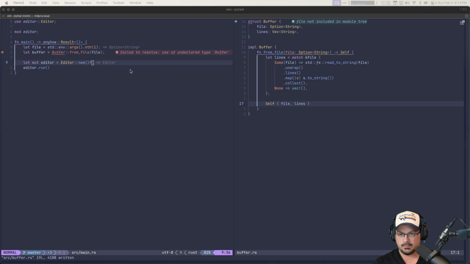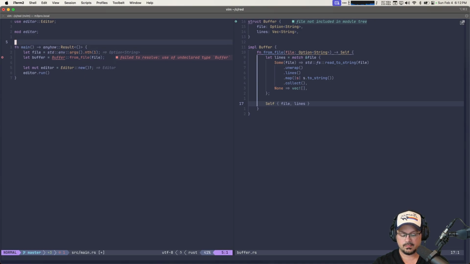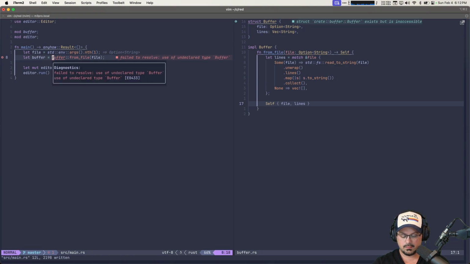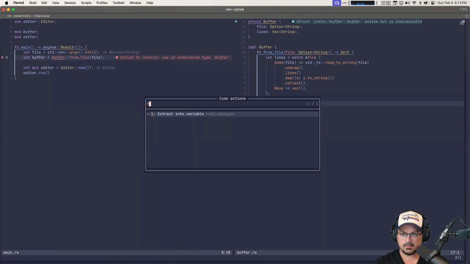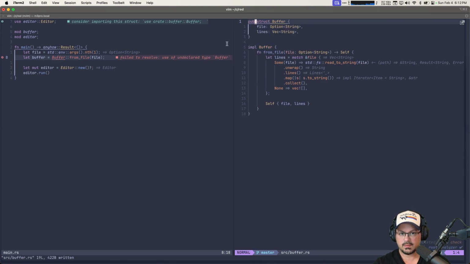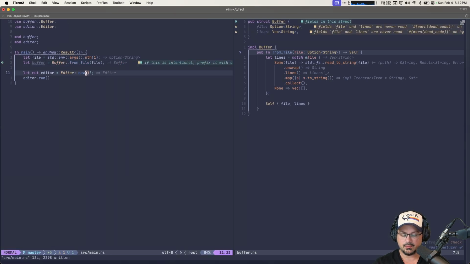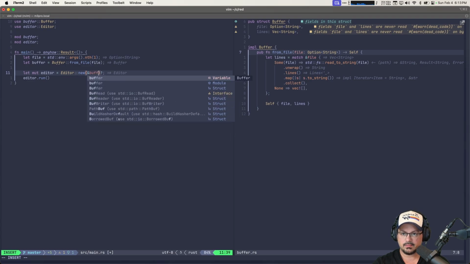So let's make sure that we now pass the buffer. Oh, first of all, let's import buffer. mod buffer. And let's now, why is it not, oh, it's not public. There we go. This also needs to be public. Let's see. Perfect. So next step here is to feed the buffer to our editor, like so,